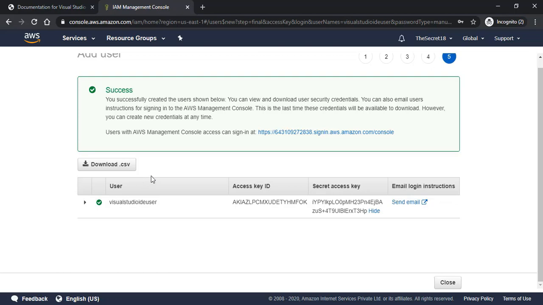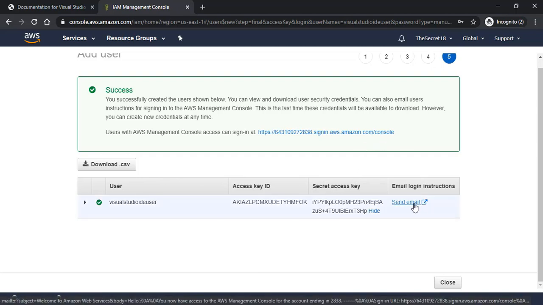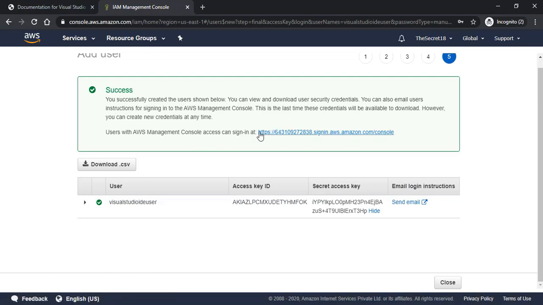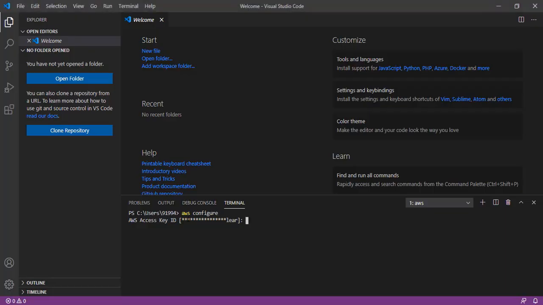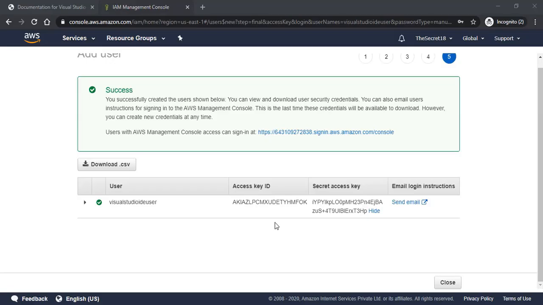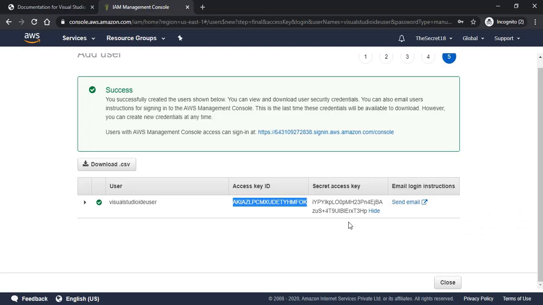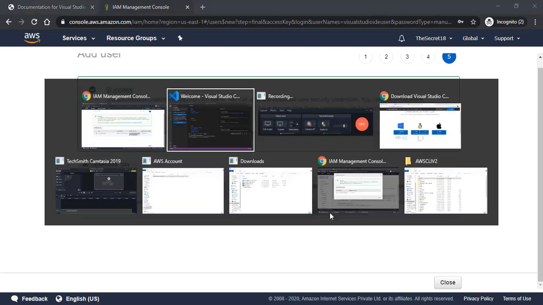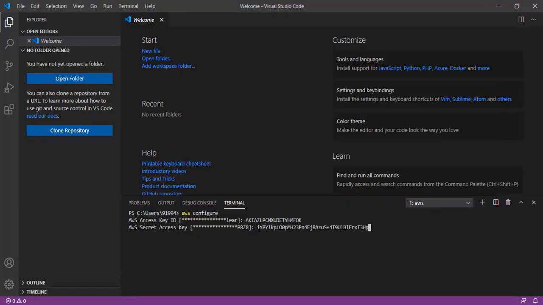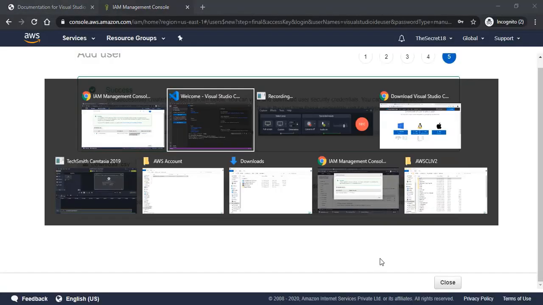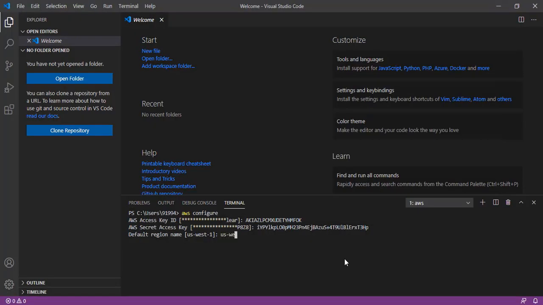You can see the access key and the secret access key. You will be able to download this Excel file only once, which will contain both your access key and the secret key. You also have the option to send an email as well, but it's better to download this file and save it. If you lose it, then you will have to recreate the access key and secret key, and again come and configure here. So now I'm going to copy this access key. We've already issued the AWS configure command, so it is asking me for the access key. I gave it. Now I'm copying the secret key, since it's asking for the secret access key.